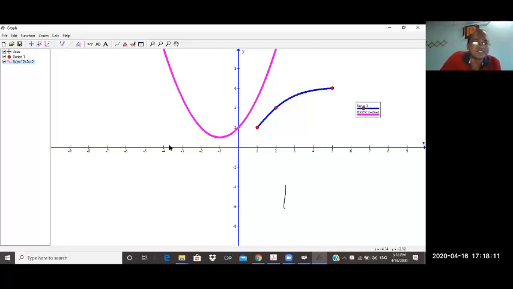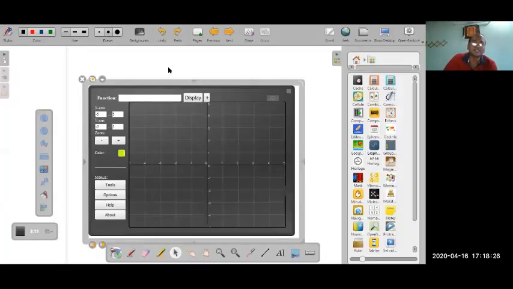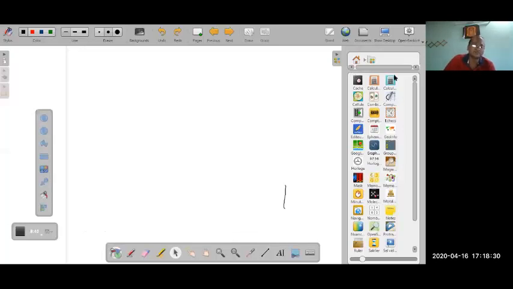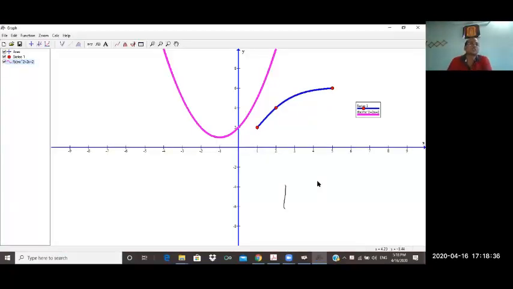Sir, do you hear me, sir? Yes, sir. Those who wanted graphs, this is the excellent software, sir. In our Open Board software, there is a graph option, but it has little functionality, sir. If we want to create much more about graphs, you have to install this. This is also free open source software, Graph, G-R-A-P-H.